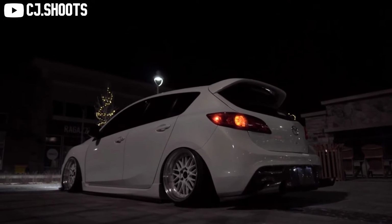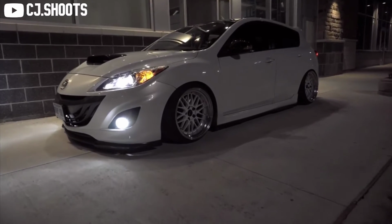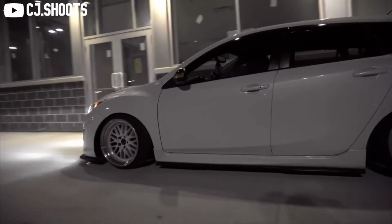These aren't any luxury vehicles unlike the S4, but this car's interior is cheap, but it's still functional, right? Cheap and functional. That's what I like to hear. The Mazda Speed 3 is an absolute joy to drive and quite possibly one of the best hot hatches ever